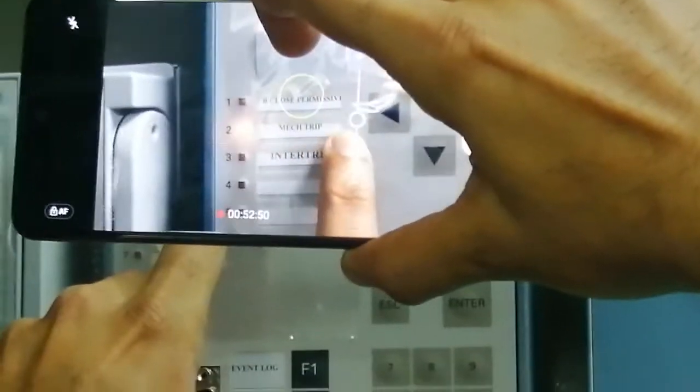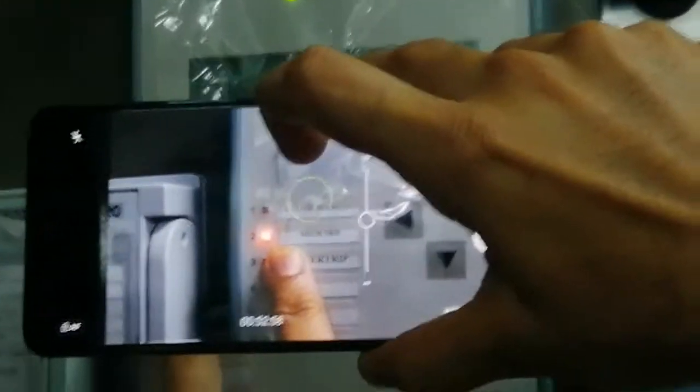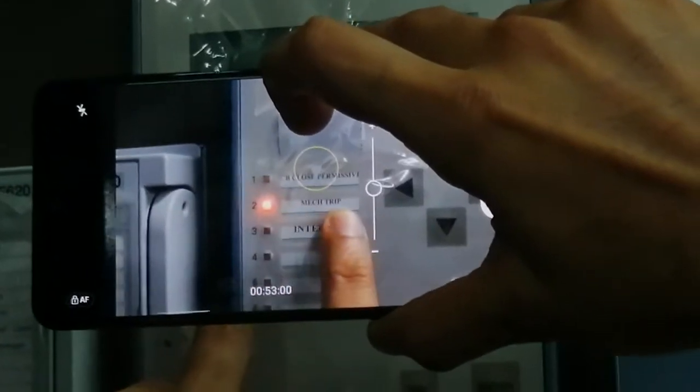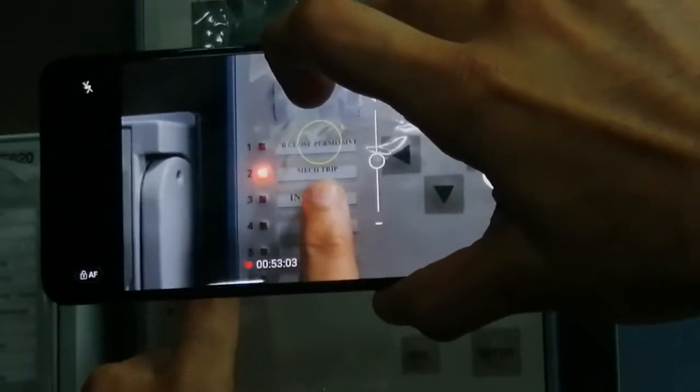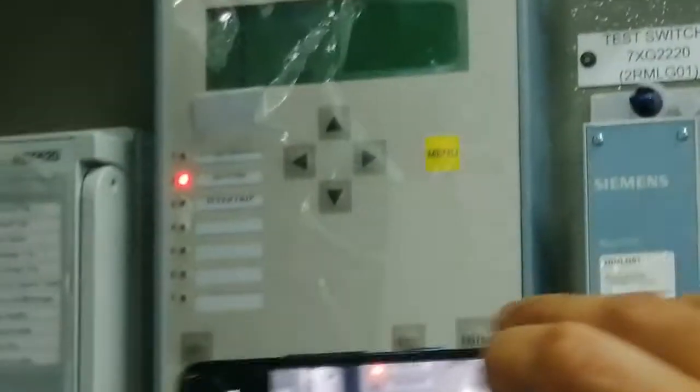So we are getting the intertrip signal from the 11 kV Ciprotec relay, 11 kV side. Actually, this signal initiates from the ABB relay of the 11 kV switchgear, and it comes through fiber optic cable to the 132 kV Ciprotec relay. So that was the last condition.